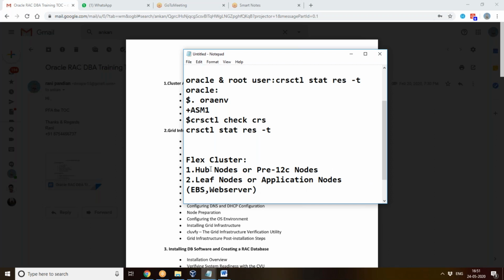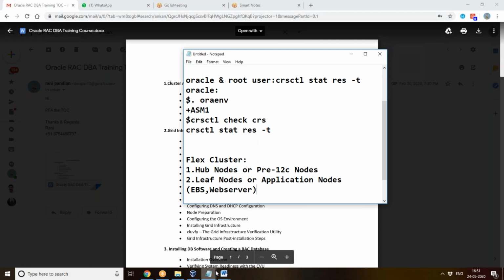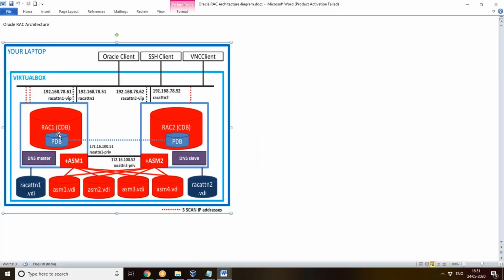Each hub node is directly connected with our storage. See, these are the hub nodes which are connected with the storage directly. Fine. So with these hub nodes we connect with the other leaf nodes.